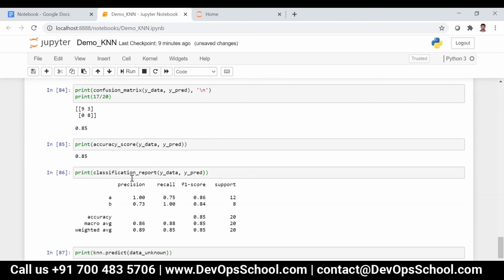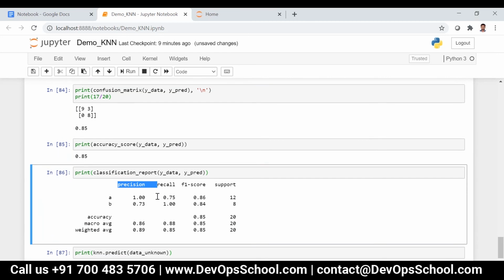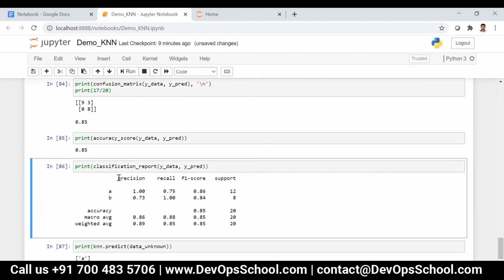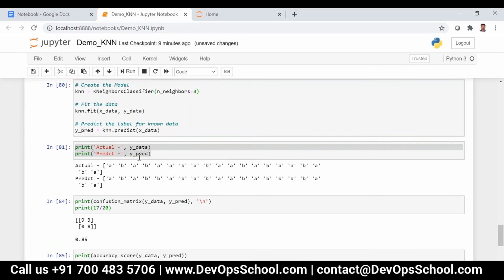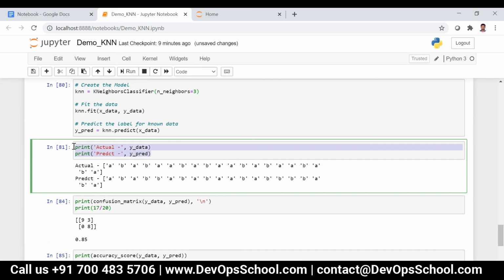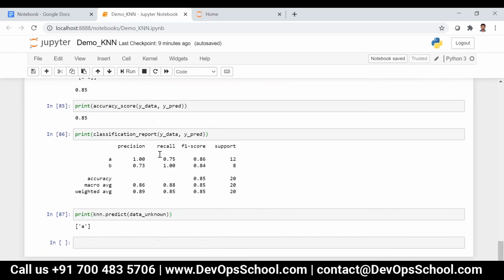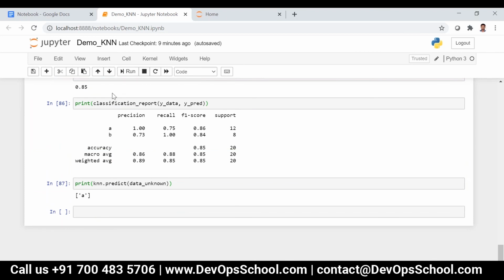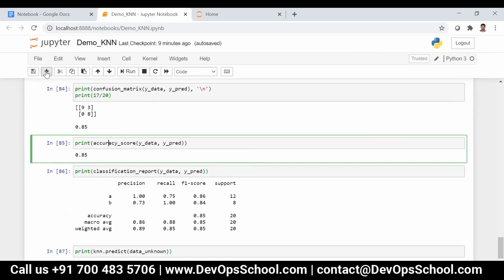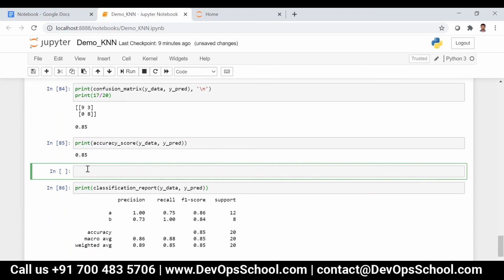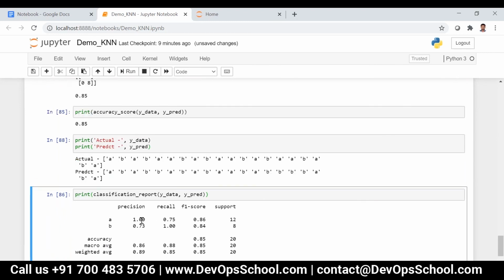Now, what is precision? We have 4 different things in this classification report: precision, recall, F1 score, support. Support is nothing but the number of occurrences of A and the number of occurrences of B. Let me take this. So what is the number of occurrences of A?